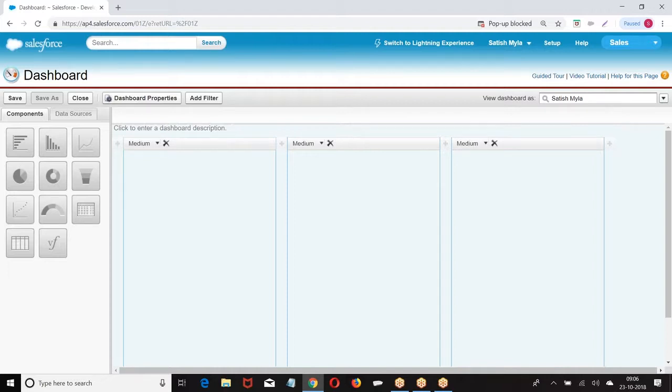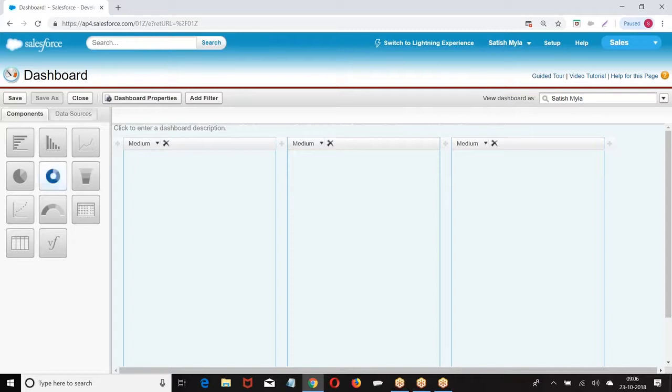Vertical chart, horizontal chart, line, pie, dot, funnel, scatter, gauge, metric, tabular, VF. 11 styles are there, like how you got tabular, summary, matrix, joined. In the same way, we have vertical, horizontal, line, pie, dot, funnel, scatter, gauge, metric, tabular, VF.